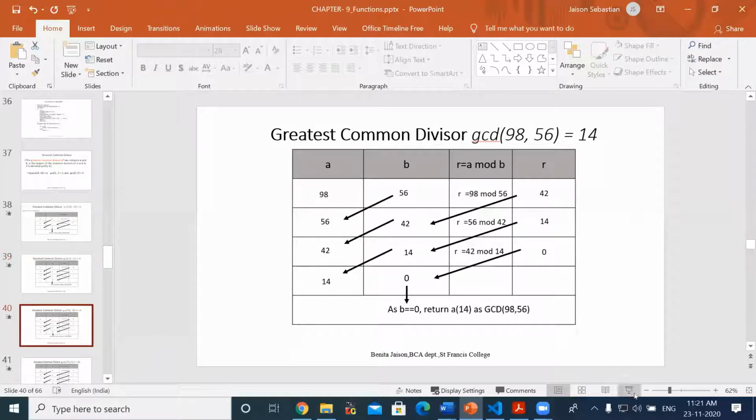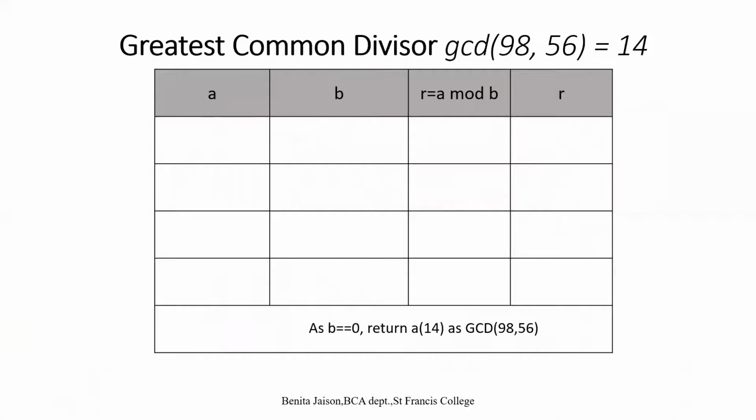Okay, so we will move on to the next example. The greatest common divisor of 98 and 56. Can you try in your notebook? Today, when you send the notes, I should see at least some problems done. I am not telling you to copy everything, but only some problems. If you understand this, then the algorithm will be easy. That's why. All of you try in your notebook. Find the GCD. In this table, write what the A value and B value are.